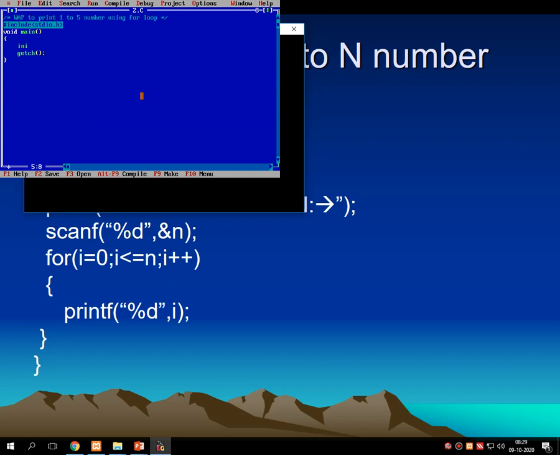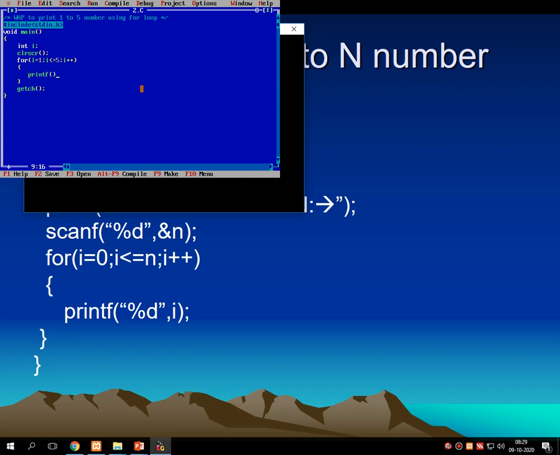Here I am initializing one variable called integer I, then clrscr, then simple. Here I have to mention a for loop. So for that the keyword is for, I equals to 1, because I want to start my entire series from 1. I less than equals to 5. It's a conditional part. As you can see, after I equals to 1 I have written a semicolon, then again after the condition I have mentioned the semicolon, then the last one is I plus plus, then there is no semicolon, into the brackets